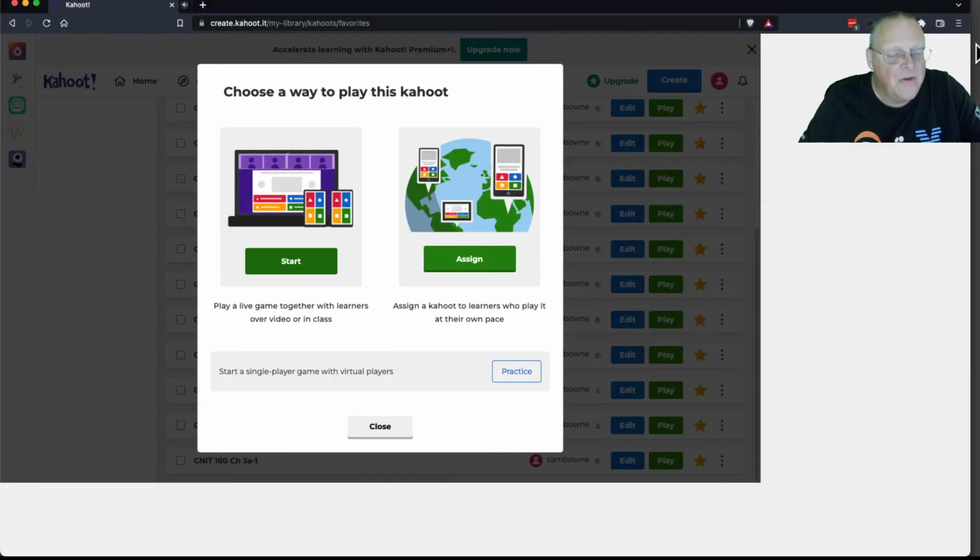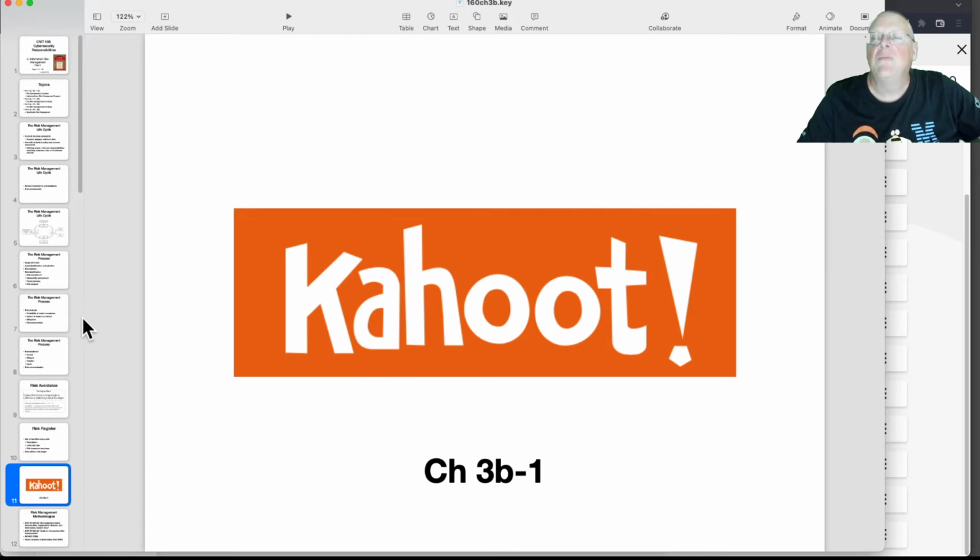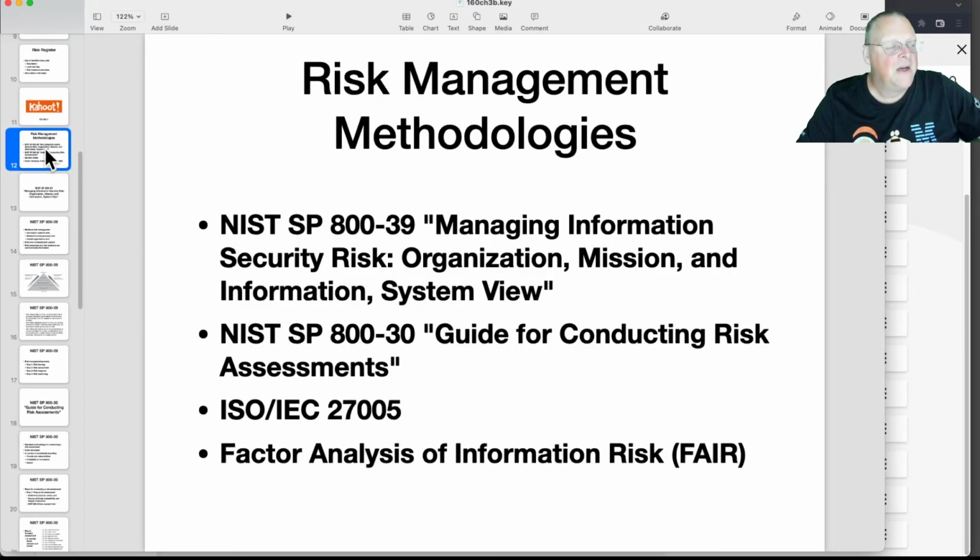So let's look at a few of these programs, these frameworks. All right, here's some of the risk management methodologies. You got the ones from the National Institute of Standards for the American government. You got 839 and 830 special publications. 830 is how to perform risk assessments, and 839 is how to organize your security risk treatment program from a management point of view. So this is the larger,